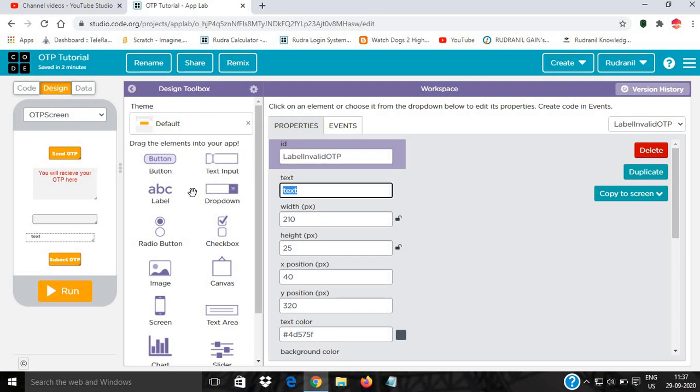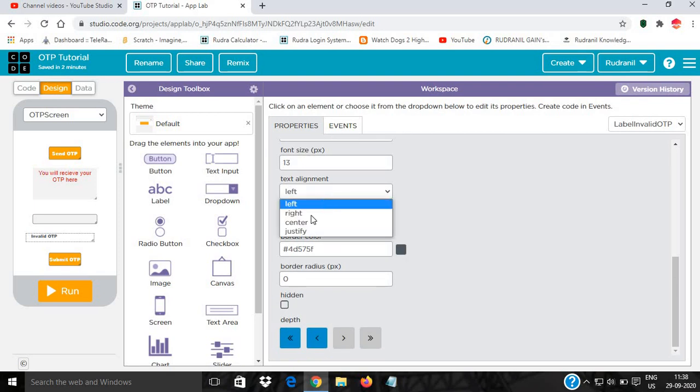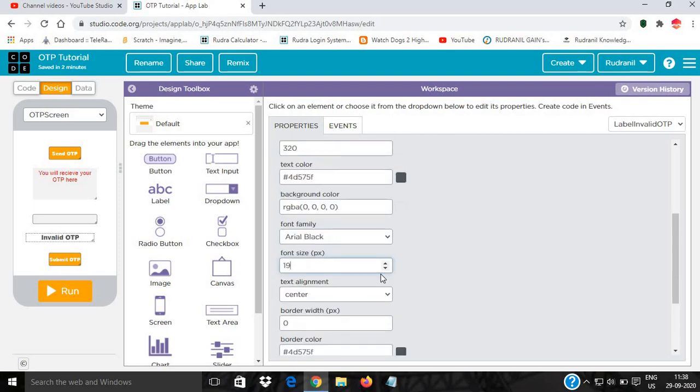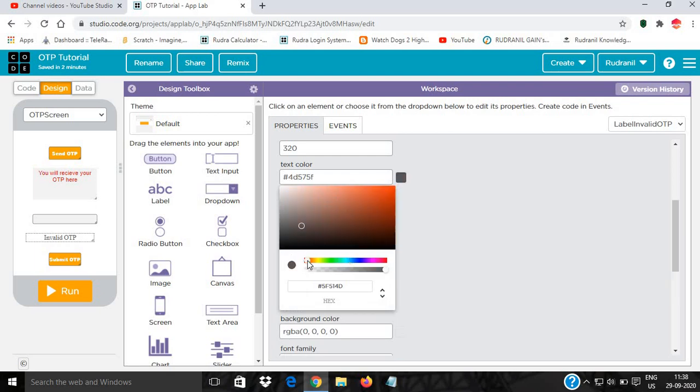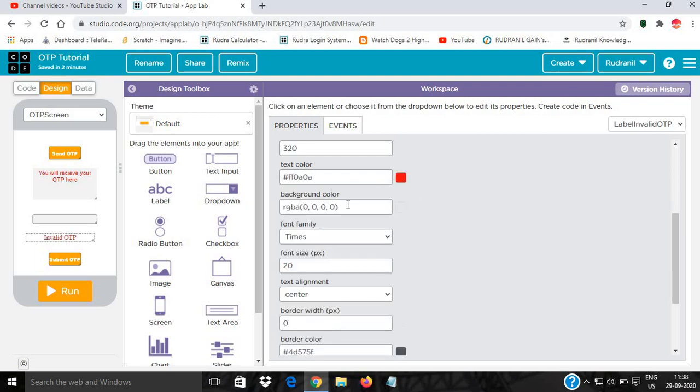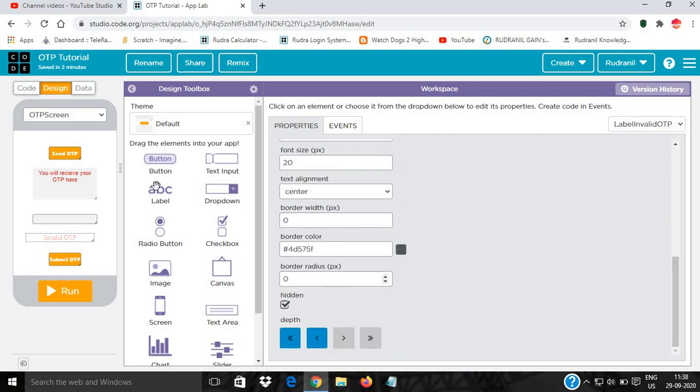In the text you can give invalid OTP, and now you can do other changes as well. You can change the font size, font family, text color, and many more things. Okay, now keep it hidden.